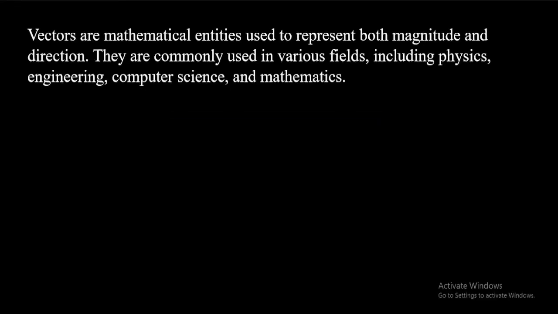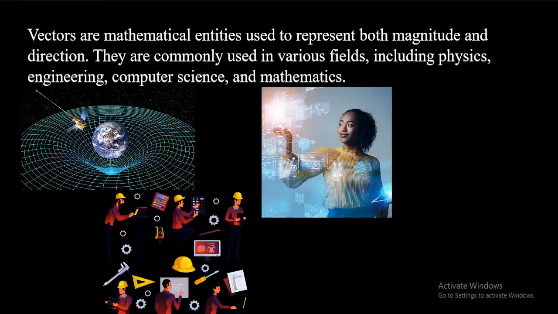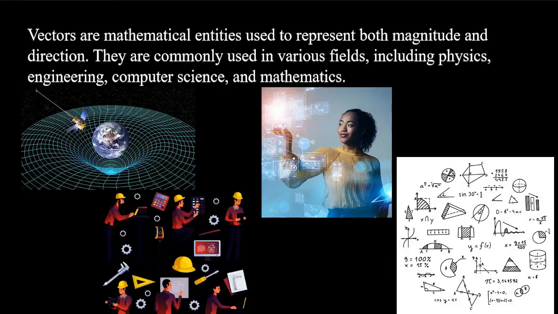Vectors are mathematical entities used to represent both magnitude and direction. They are commonly used in various fields including physics, engineering, computer science, and mathematics. Some examples of vectors as used in physics are: